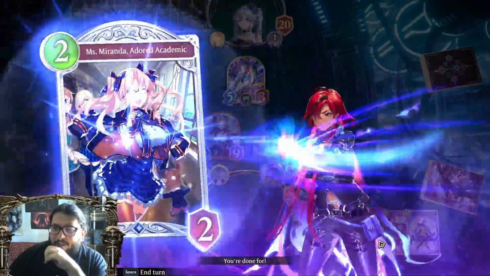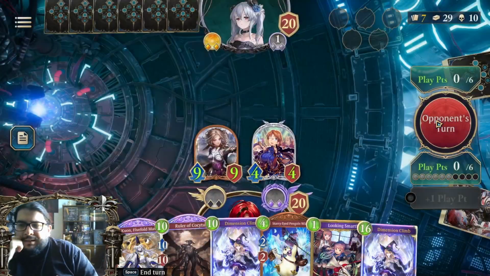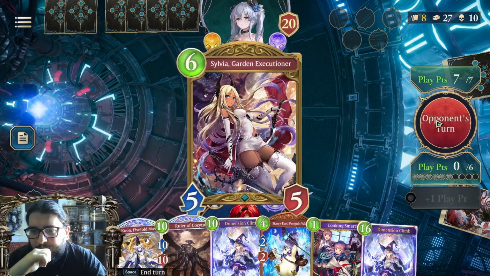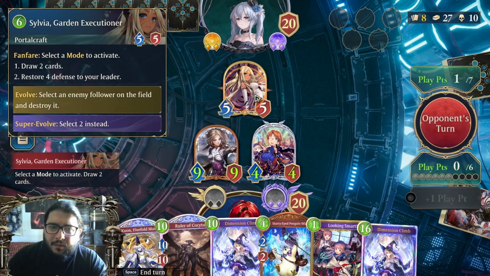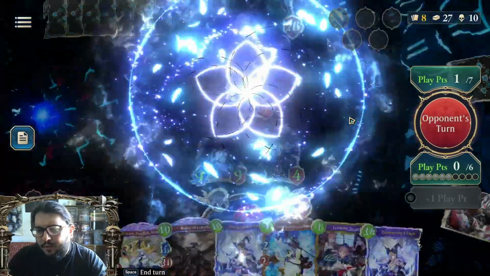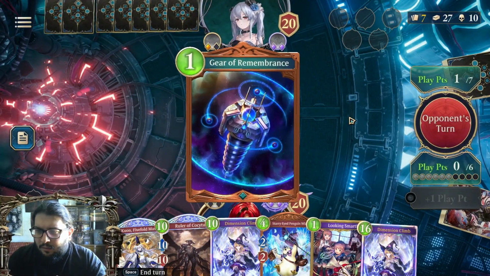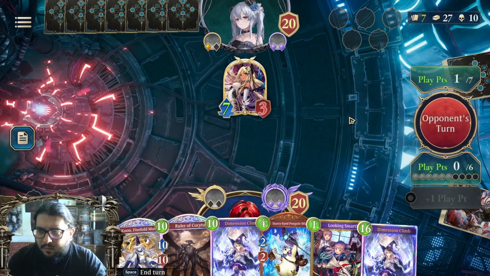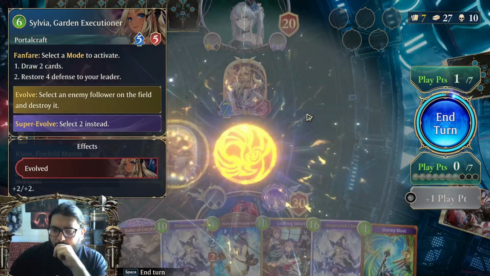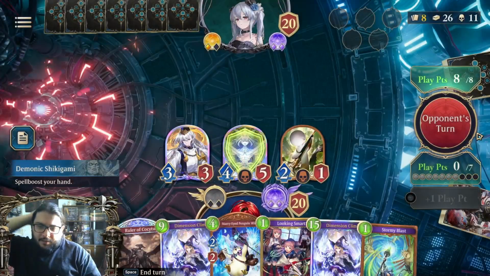So he's not using any of his evolutions, but honestly speaking, we don't mind that too much. It's kind of fine. Oh, what is this? Ah, okay, he's gonna super evolve. Oh no, he just evolved, okay. Yeah, that works, I guess. Well, I'm definitely dropping Kuon this turn, as my win con in this case is not Kuon, it's actually the Lord of Cocytus, so...